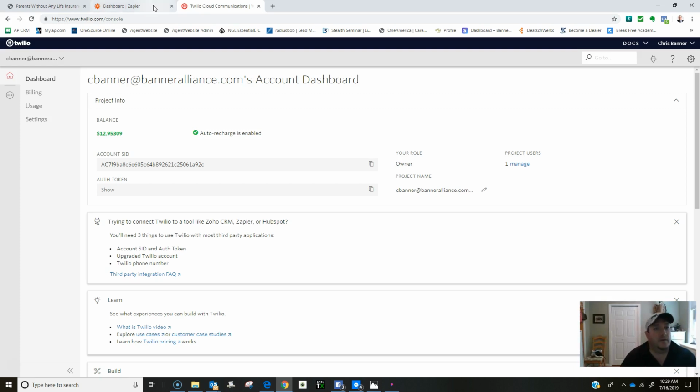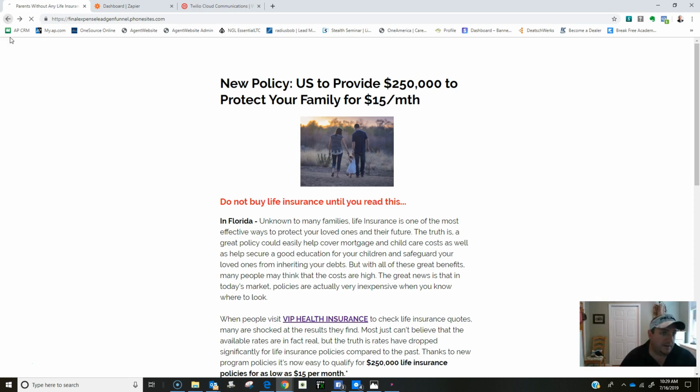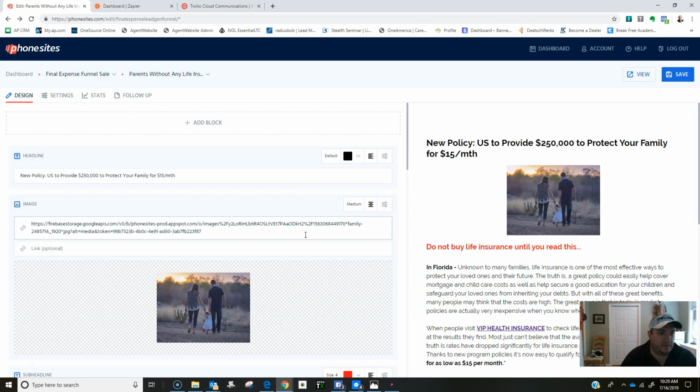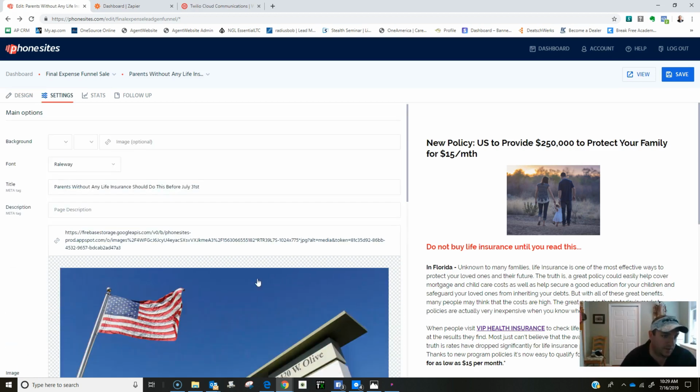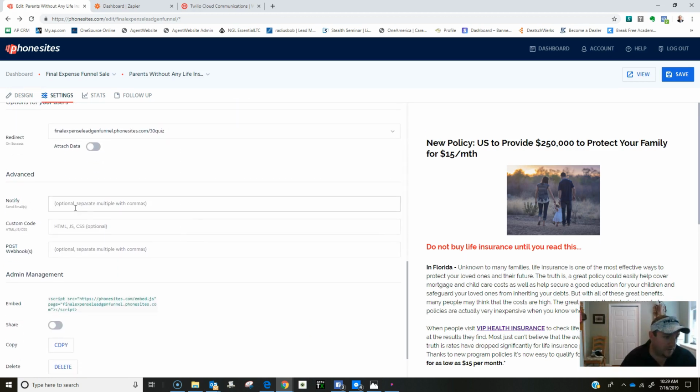Okay, so the first thing we're going to do is go right back to our funnel. I'm going to go back into the insides here of phone sites, and we're going to set up a zap so that it's going to send me the lead information, and I'm going to know exactly what that lead information is going to be. There are two ways to do it. You can go into settings here and put in anybody's email to notify. So if I go CBANNER at,